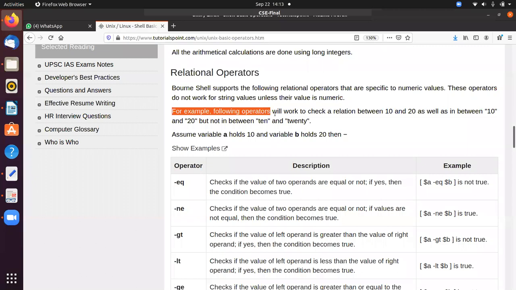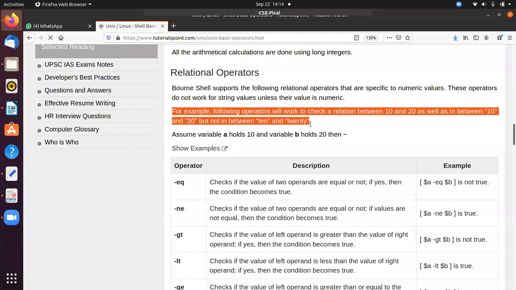The following operators will work to check a relation between 10 and 20. Here 10 and 20 are numbers. If we give strings, then comparing these two operands is not possible.